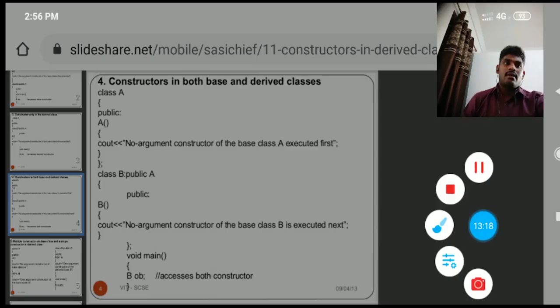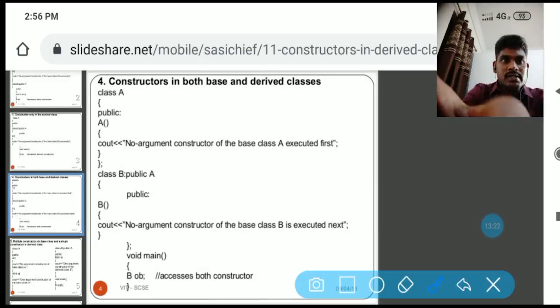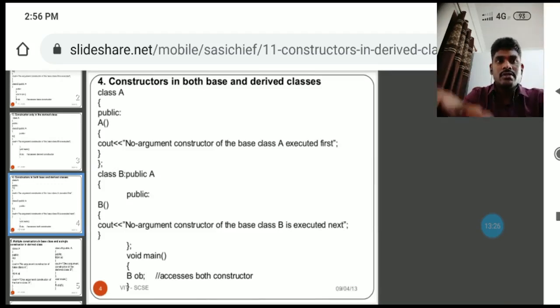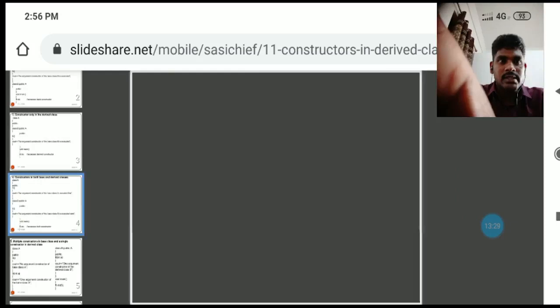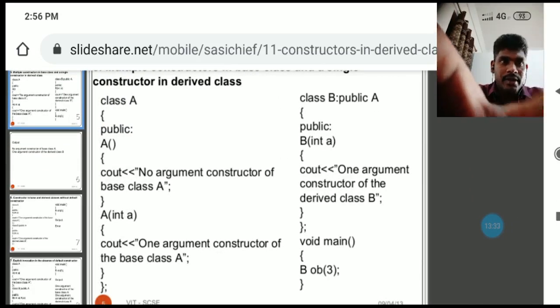Look here. Two classes are there, and along with the two classes, two constructors will also be there.